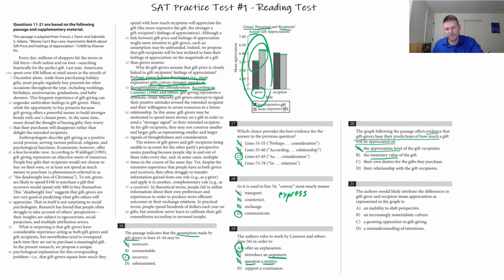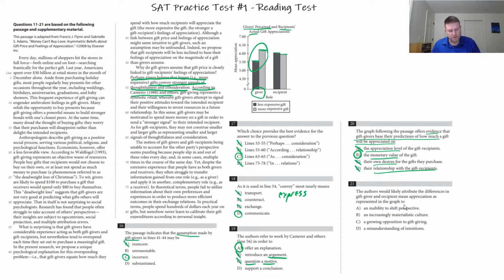And remember, we're focusing on this aspect of the graph. It's just from the giver's perspective. So B looks really good. C, their own desires. No, that's not a part of this at all. Their relationship with the gift recipients. Again, not communicated in the graph. Just remember monetary value means money, right? Or price. And then for 21, the authors would likely attribute the differences in gift giver and recipient mean